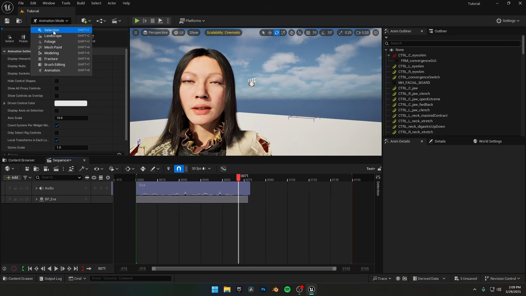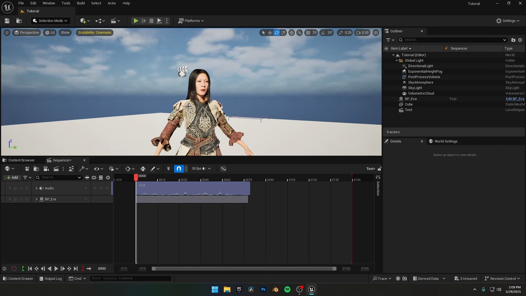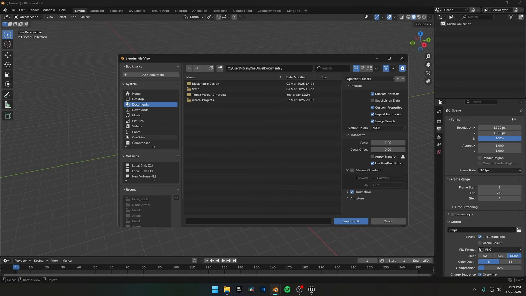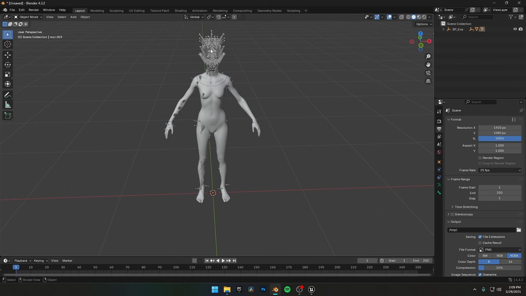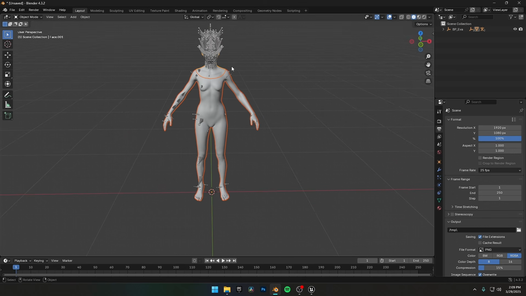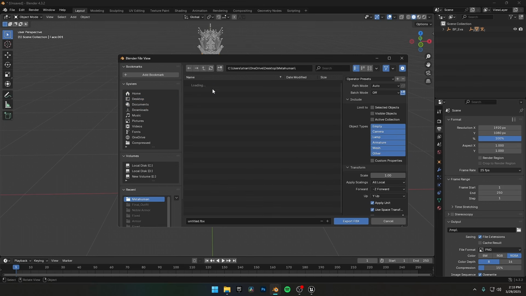Now let me show you a method to animate your character without using a camera or a motion capture suit like Rococo or Xsens. Since we've already exported our MetaHuman as an FBX, we can move on to Blender. We have our model imported here. Make sure nothing is selected, then select only the face mesh and body mesh. Press Ctrl+J to combine them into a single mesh. Now we can export this combined mesh as an FBX. Go to File, Export, FBX, and make sure to use the same export settings we applied earlier for the outfit.